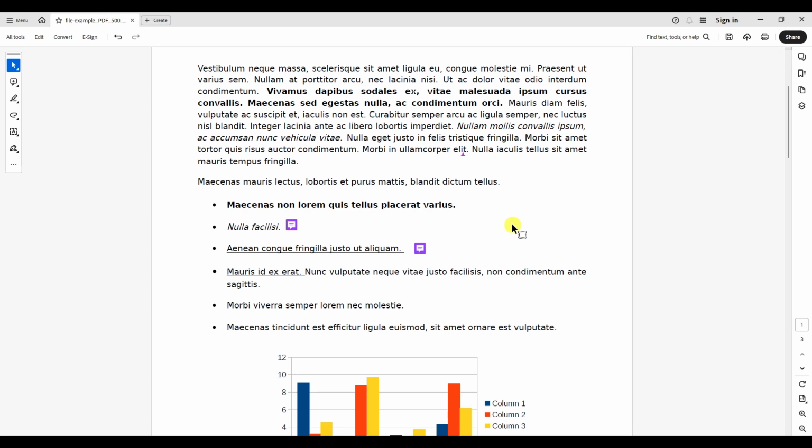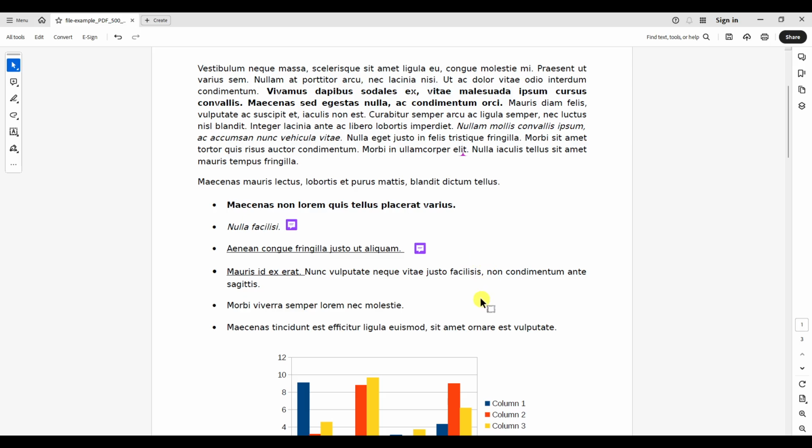In today's video, I'm going to teach you how to change font and font size of comments in Adobe Acrobat. If you review PDFs regularly, making your comments easy to read can save time and prevent miscommunication. I'll walk you through the exact actions to adjust the look of a comment so it stands out clearly and